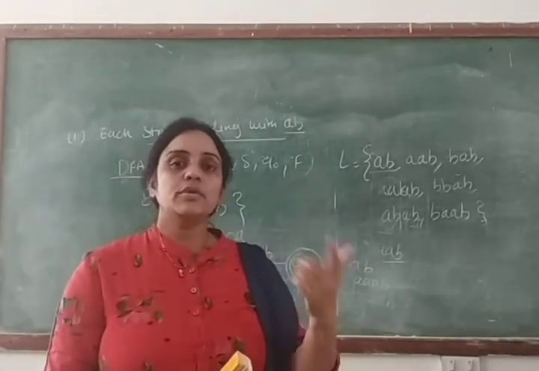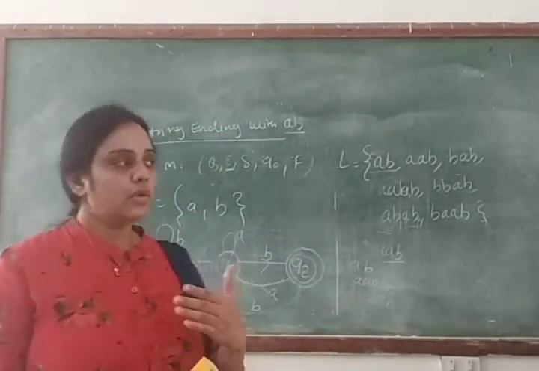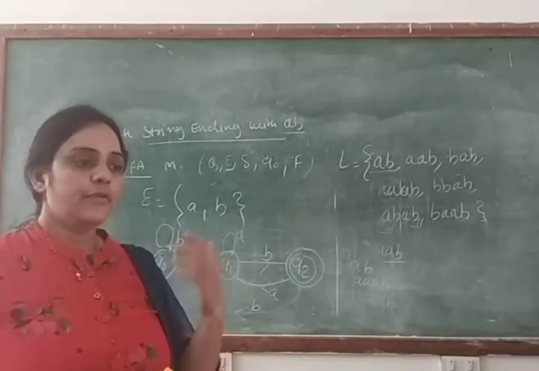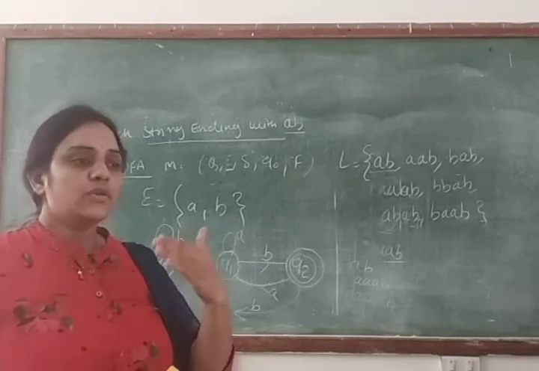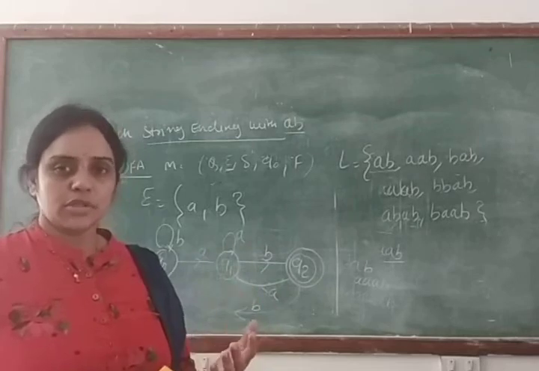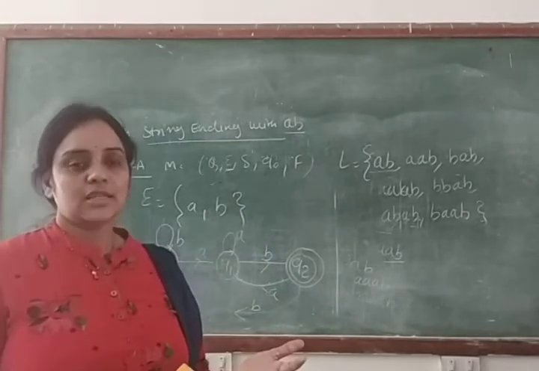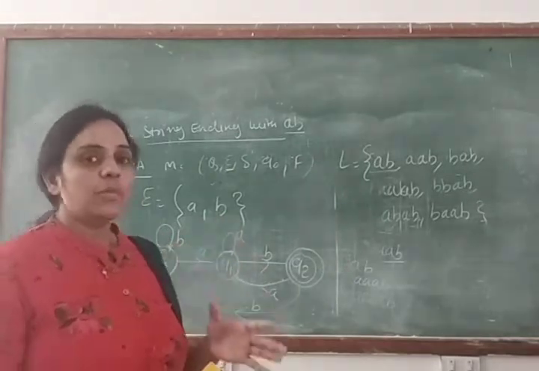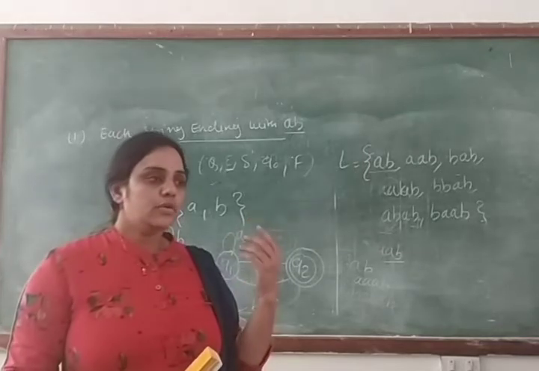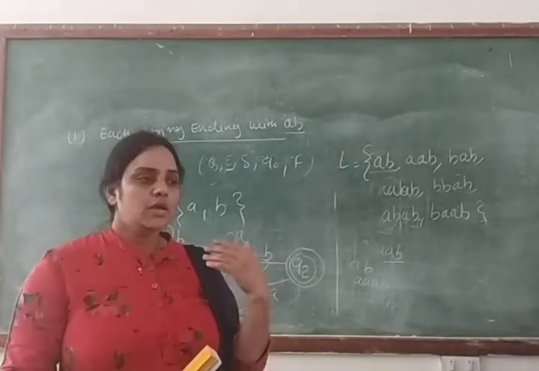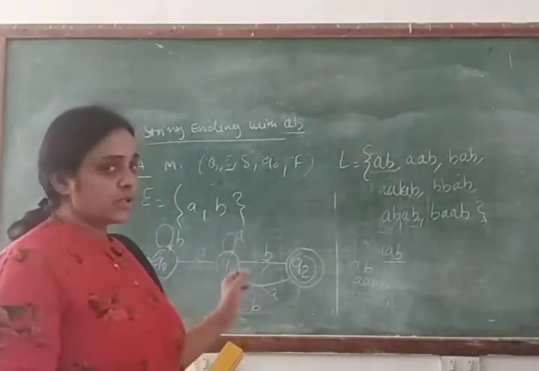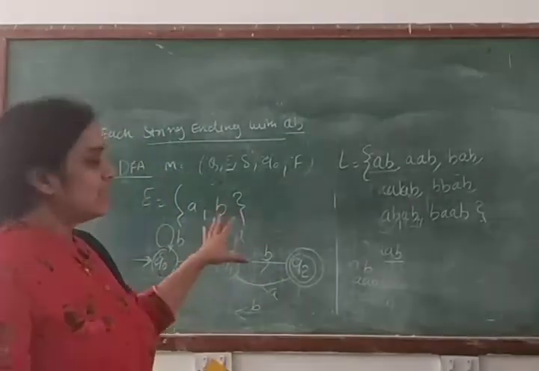Like that you will solve the question, then you will be perfect in DFA, because DFA is the base. If you have any doubt in DFA, then you cannot solve problems related to NFA, Epsilon NFA, Mealy, Moore, PDA, Turing machines, because these machines we will study in the next lectures and next units. But first we have to be perfect in DFA. If you have any doubt, then please solve more questions in DFA. You can discuss with me on my WhatsApp group. You can send me a query on my WhatsApp number, then I will discuss with you. But please solve the questions and don't just watch the lecture.